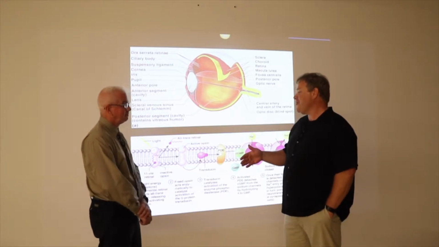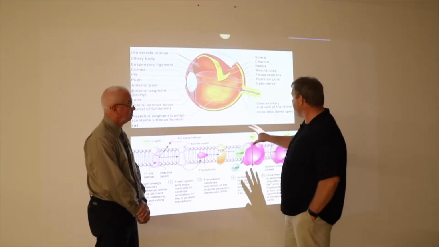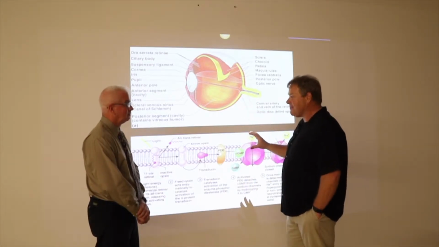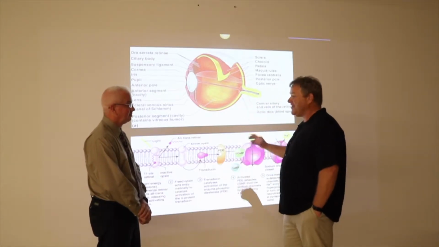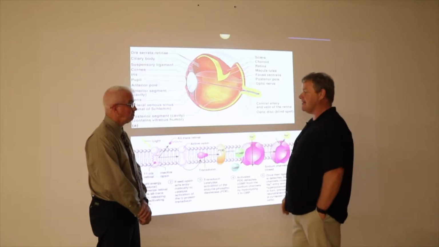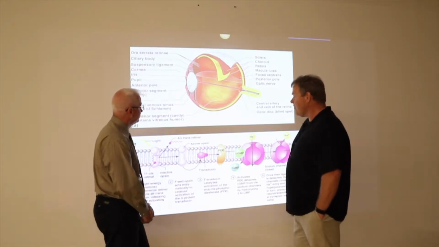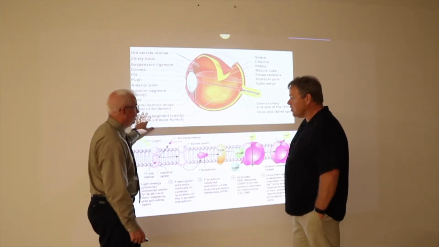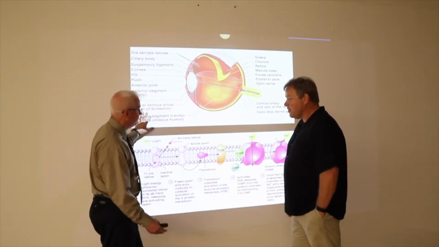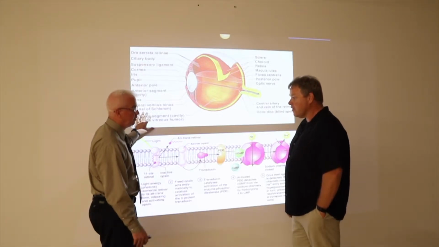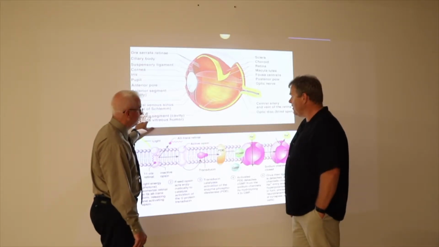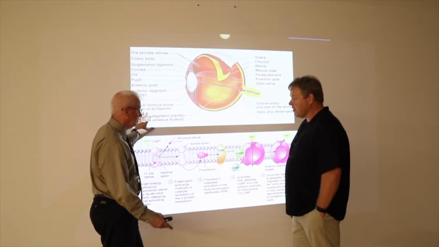What I learned from you was when Darwin was around, he knew about the anatomy of the eye, but he didn't know anything about the biochemistry of seeing. So why don't you talk to us a little bit about that? Yeah, and your point is a good one. As I've said many times before, and many others have said this as well, if Charles Darwin was an honest scientist, and if he knew what we know today, he wouldn't have published On the Origin of Species. Now that's conjecture, but this is cool.